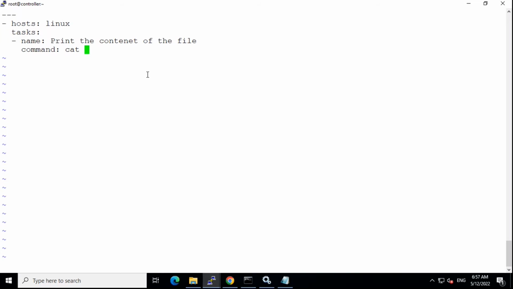So just notice I'm giving another module called command. The reason why it is shell is that shell will have all the environment variables available on the machine. Command will just execute the command. So you need to understand the difference between command and shell. Shell will inherit all the environment variables available on the machine, but command will not inherit those things. So previously I used some shell variables. That's why I used shell. Here I'm using command. So the output of this, I want to register